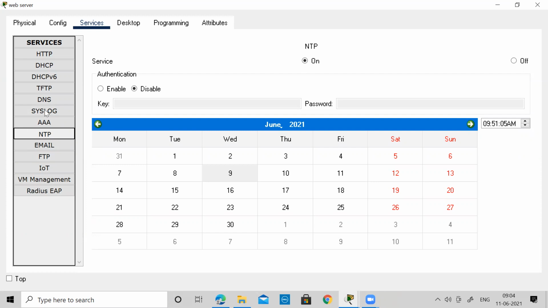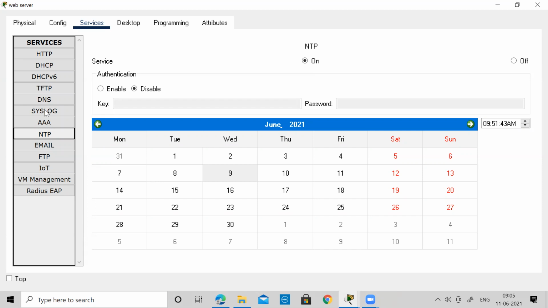Just remember, NTP is Network Time Protocol. You set this up as a server, and using this server you set the time and the date, and all the others will try to sync. All the other clients will sync up to the server and set their clock according to the server. So whatever clock we set on the server, the same needs to be synchronized at your side, on the client side. The client can be a router, a switch, or any other networking device.